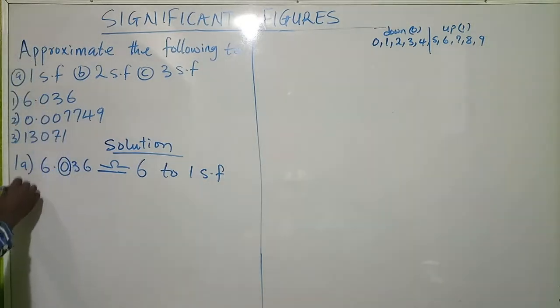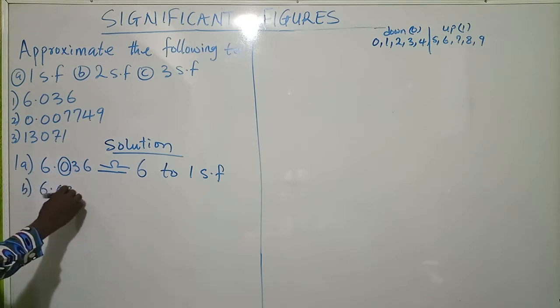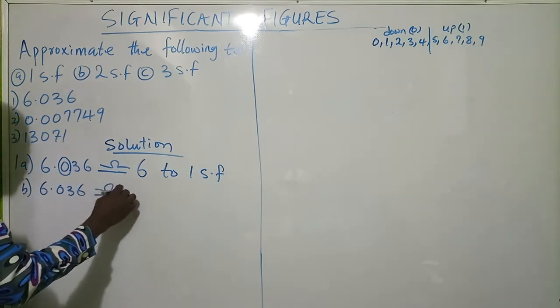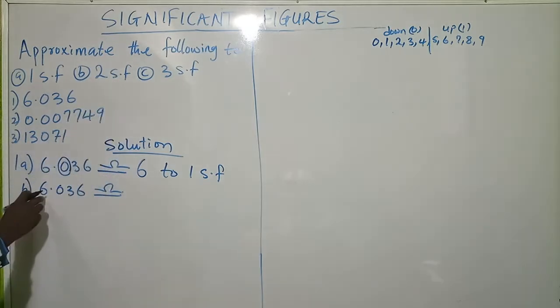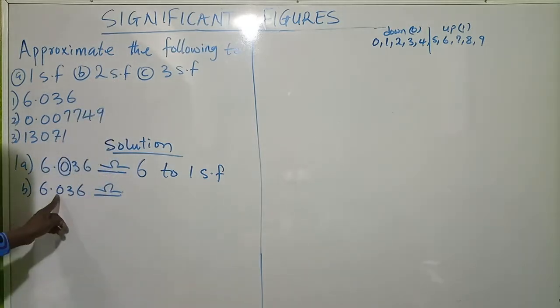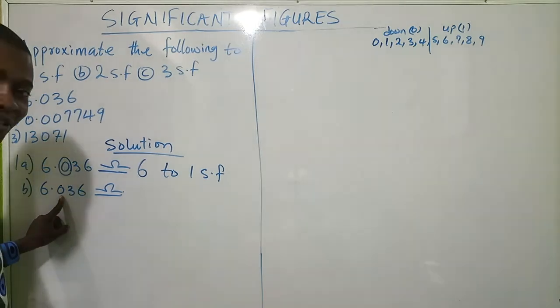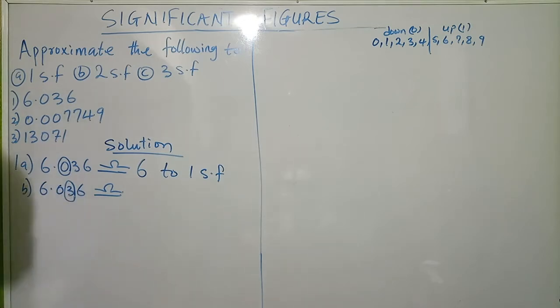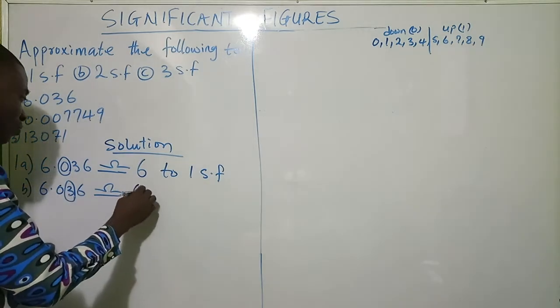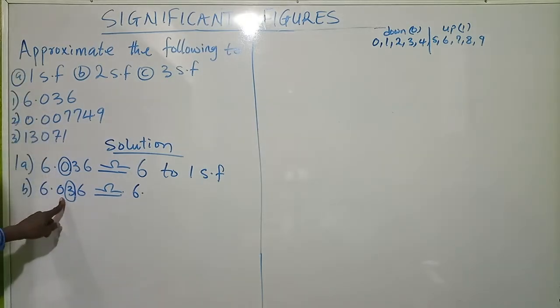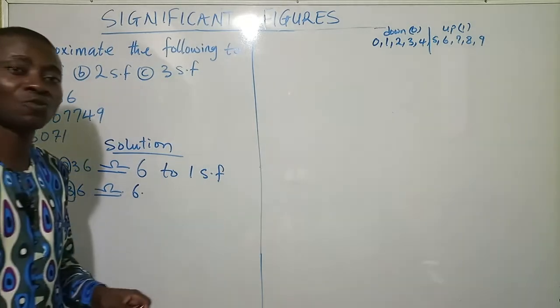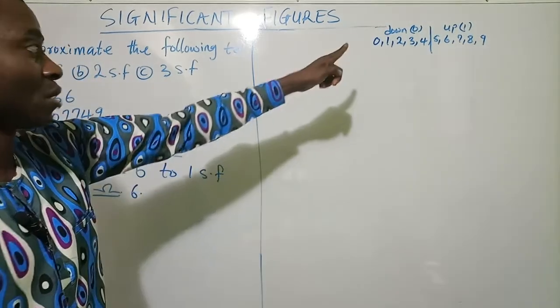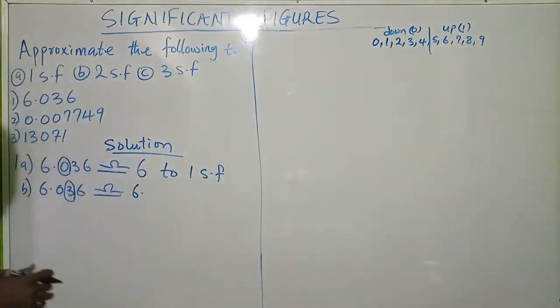Now we're going to take the B. The same number, 6.036. We shall approximate this to two significant figures. That means we want to see only the first two significant figures, 6 and 0. But before we write them down, we need to consider what number. You guessed right, 3. We're going to put 3 into consideration. So we write 6 point. Now, before we write down the 0, we ask ourselves, 3 is in what group? Is it the group of rounding down or rounding up? You agree with me that it's a group of rounding down. So we're going to add